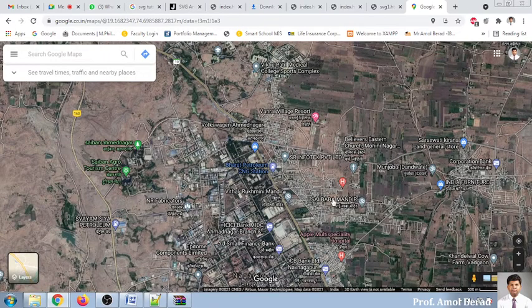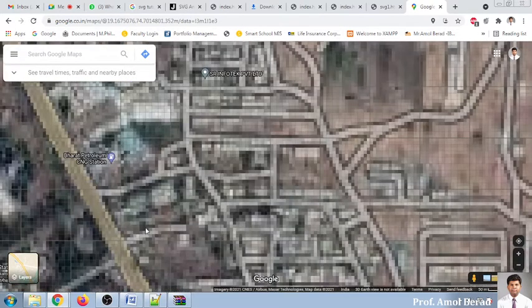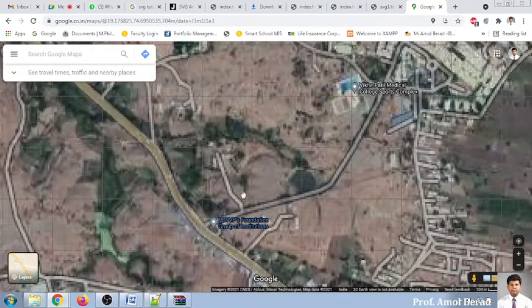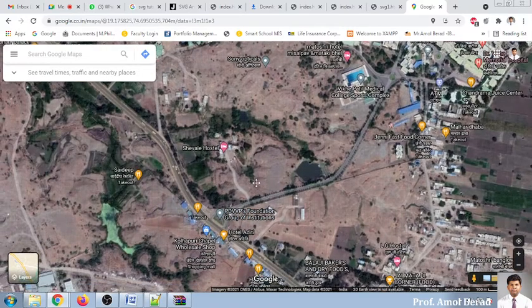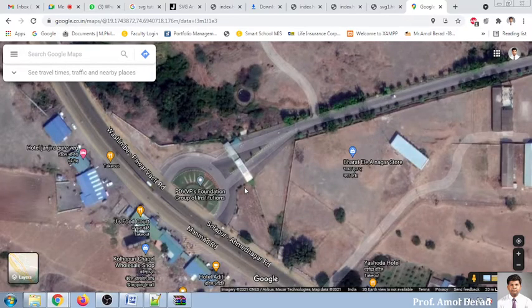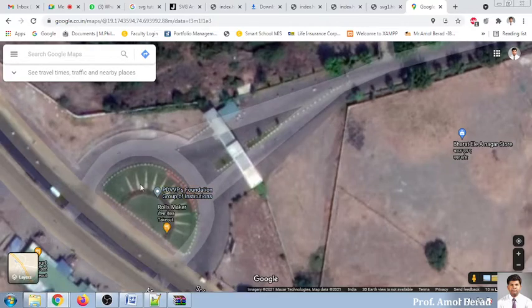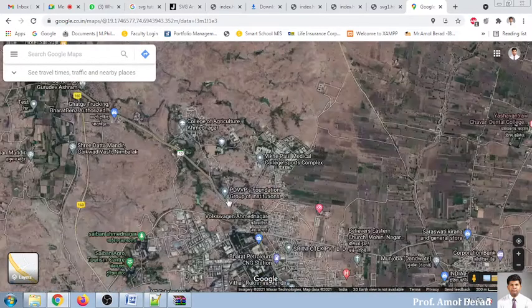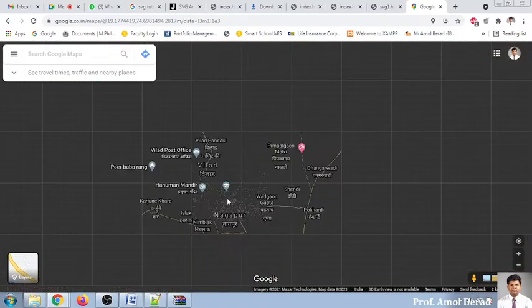See the current location, and when you zoom in, I want to specify my college. This is an image, and when we are zooming it, the quality is not being compromised. I'm zooming as and when required. So it is the main entrance, and see how we are getting it from the satellite.